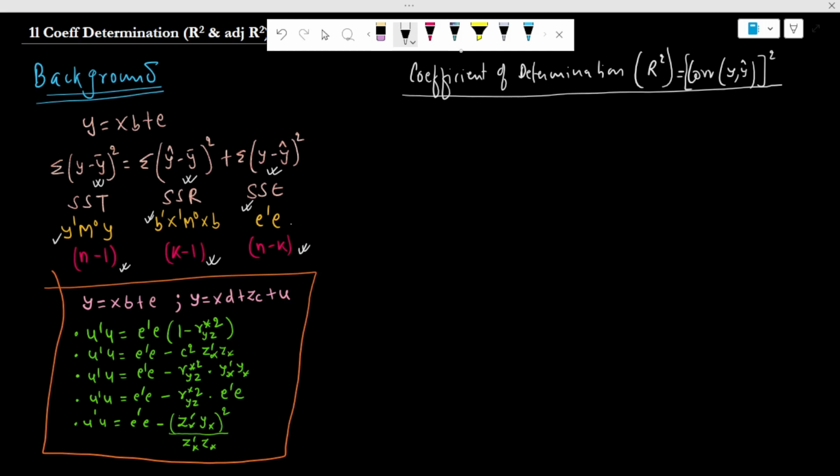And in our earlier videos, we had seen that when we add a single independent variable, the sum of the square of the residual decreases by either this factor or by these components. So the coefficient of determination or the goodness of fit of a model is actually